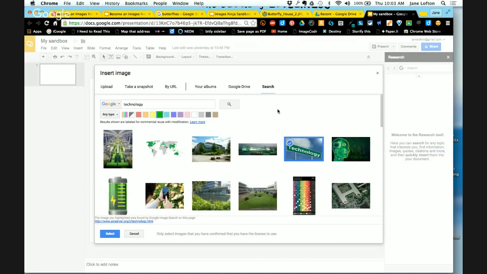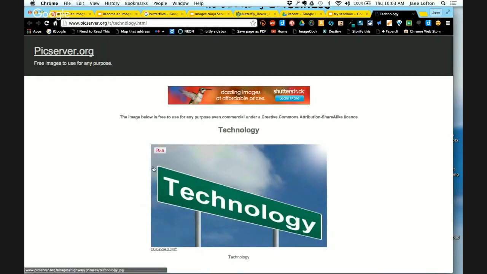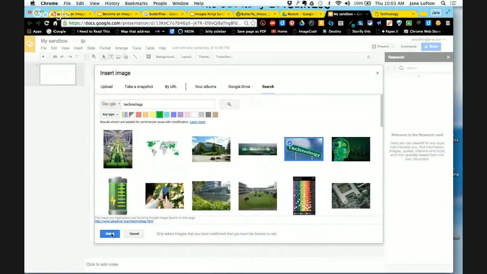However, caution here, it doesn't add the automatic URL the way that the research tool did. And it tells you right here, if you read it, the image highlighted was found by Google image search on this page. Only select images that you have confirmed you have the license to use. So what you need to do is visit that page and make sure it's okay. And at that point, grab that URL, copy it into your clipboard, so that you can use that. Now go back to here and select,